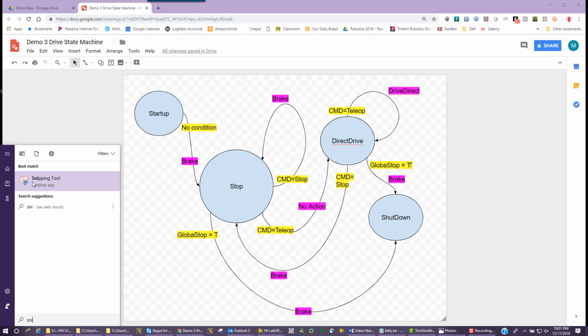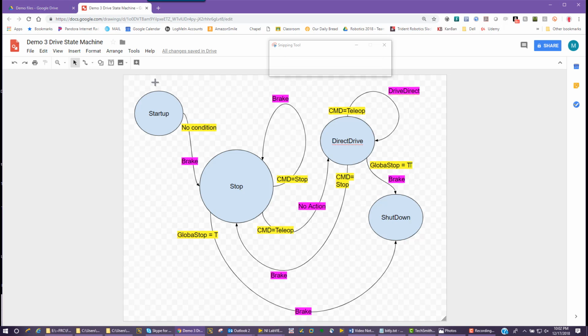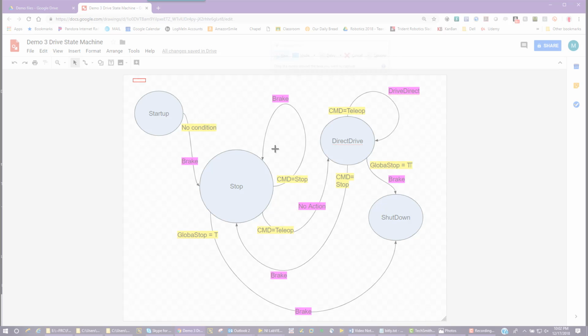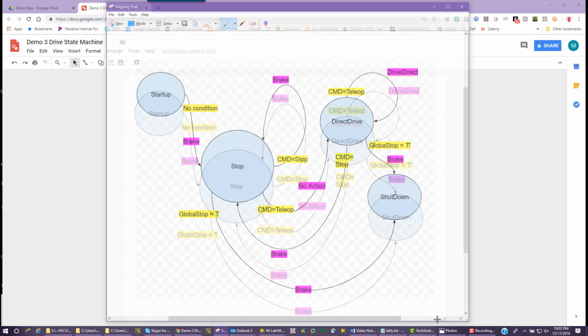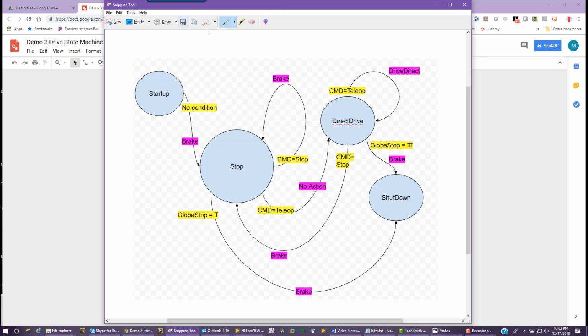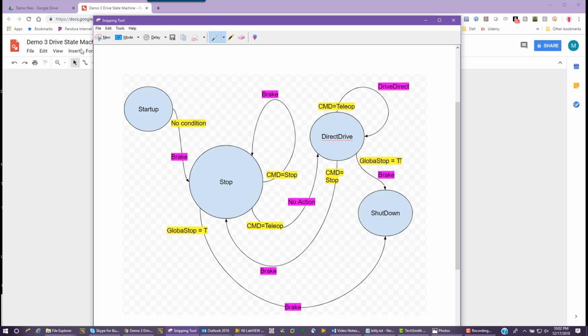So open that up and you click New, and then I'm just going to draw a box around my state machine. The Snipping Tool gives you this window, puts your diagram in it, and